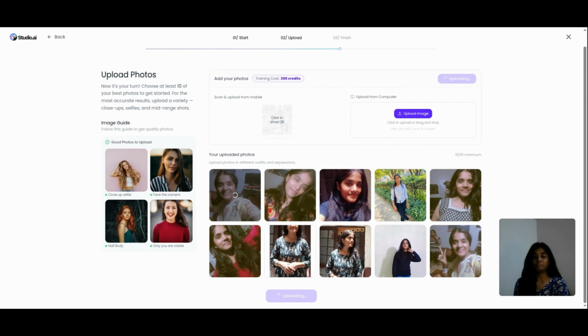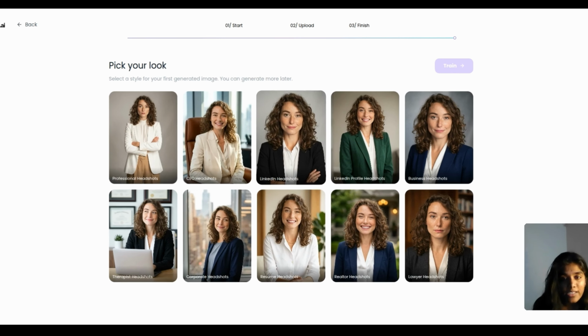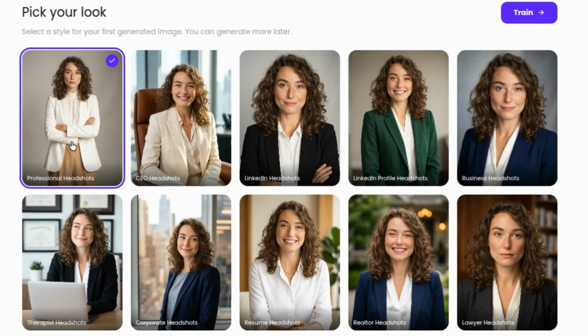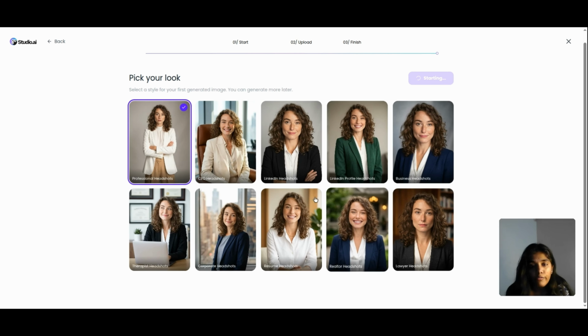Now it goes to the template section, where you can select a particular template according to your choice. As you can see here, there are so many templates showing according to our gender. Like I selected female, so it's showing all the female templates. So I'm going to select this professional headshots and click on train. Now it will show a timer of 15 minutes,